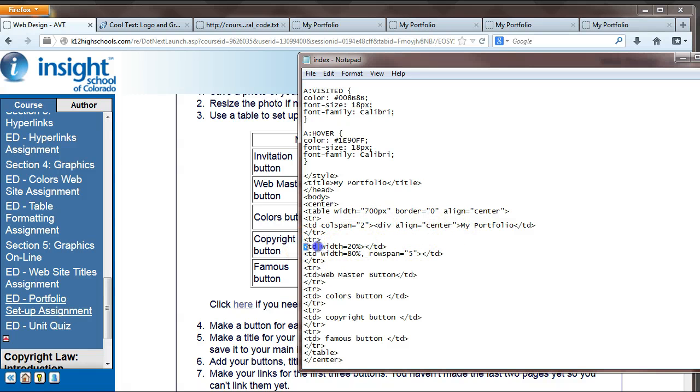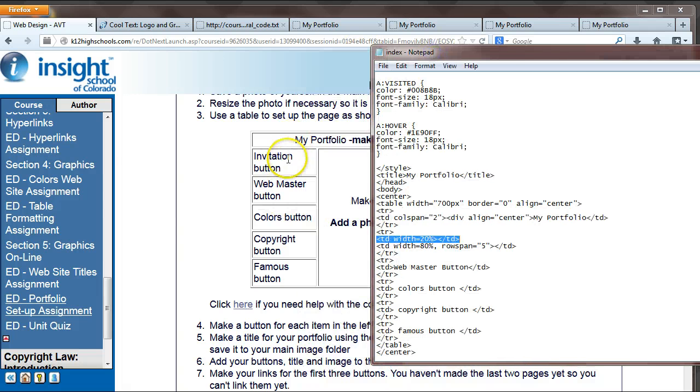And so the very first image I want to insert is my invitation button. So again, you should have an invitation button, Webmaster button, colors, copyright, and famous buttons all created. And my invitation button I want to put right here in the first column, second row of my table. So I'm going to add in the code that I know